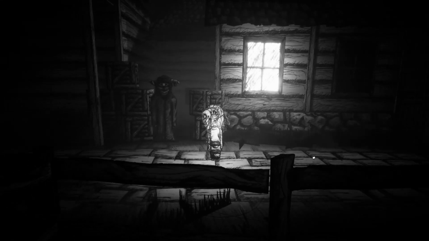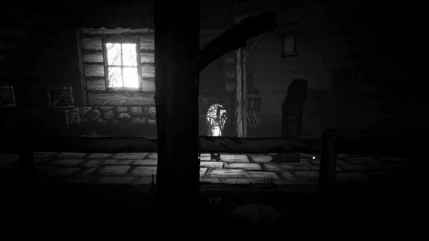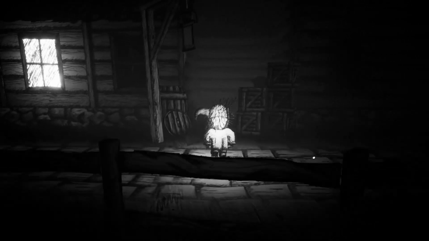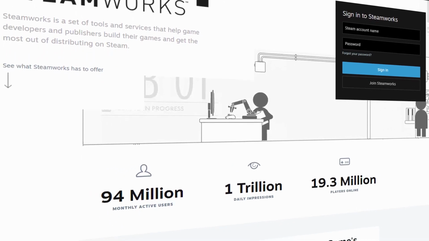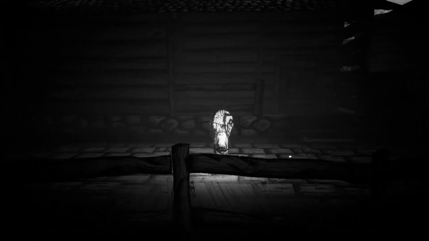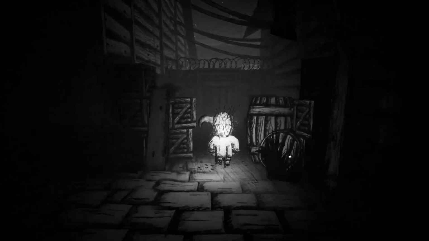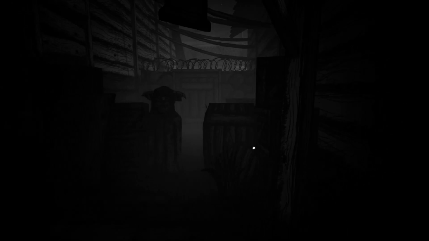Before I go into the rest of this, I think it's important that I explain how Steam works and how you update a game. Basically, I've got my game in early access in Steamworks, which is the developer website where people submit games to Steam. I had the first two chapters in there, set to public. You download a program from Steam, and use it to upload game files to Steamworks, and then in Steamworks you can set where that build goes. You can set it to the public branch, right? Which is where people can download it as soon as it's published, or you can set it to be used for testing or for DLC or whatever you need.